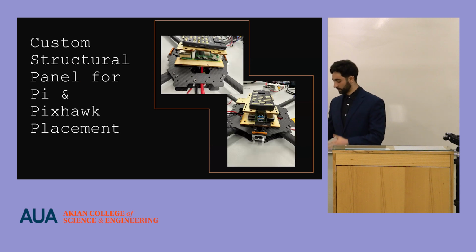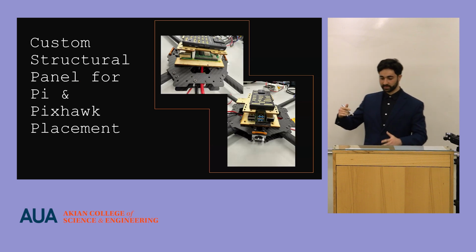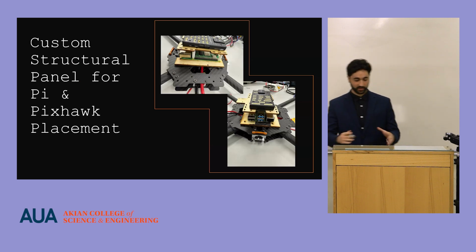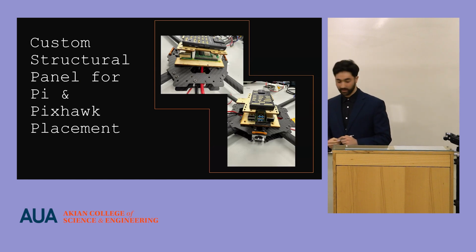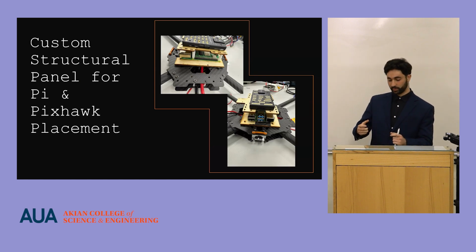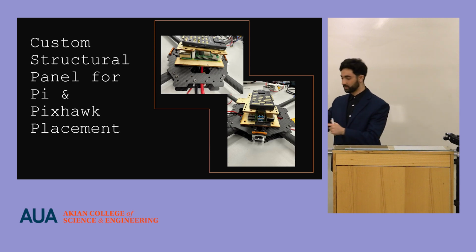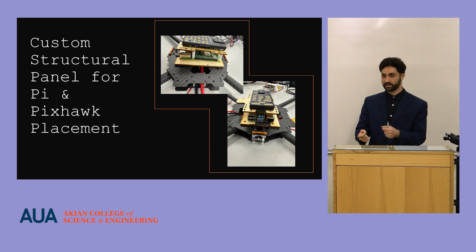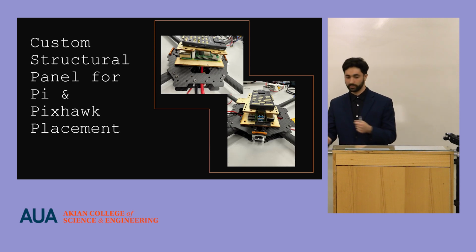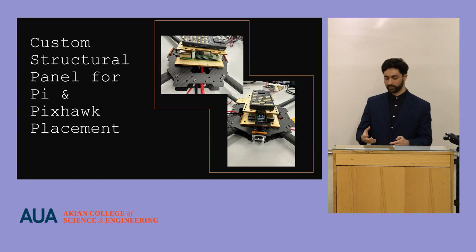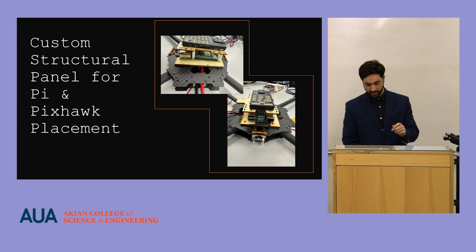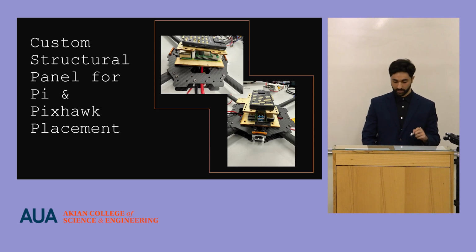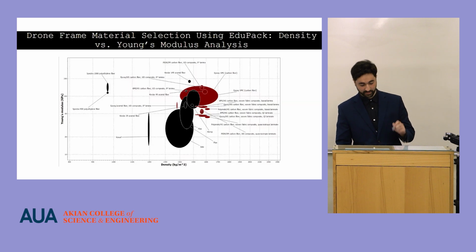So here I'm just showing how I stacked these components on top of each other. There's a bit of carpentry we did here. As you can see, it's a structural panel, so they are on top of each other, and this is useful for easily connecting the GPIO pins and the UART pins, etc. And this also helps with maintaining its center of gravity. And also keep in mind here, the structure of the drone is made out of carbon fiber. And the reasoning behind this, as we can see here,